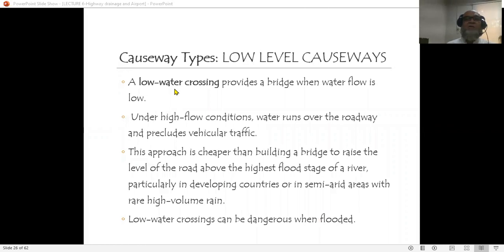A low-level causeway provides a bridge when water flows low. Under high flood conditions, water runs over the roadway, and